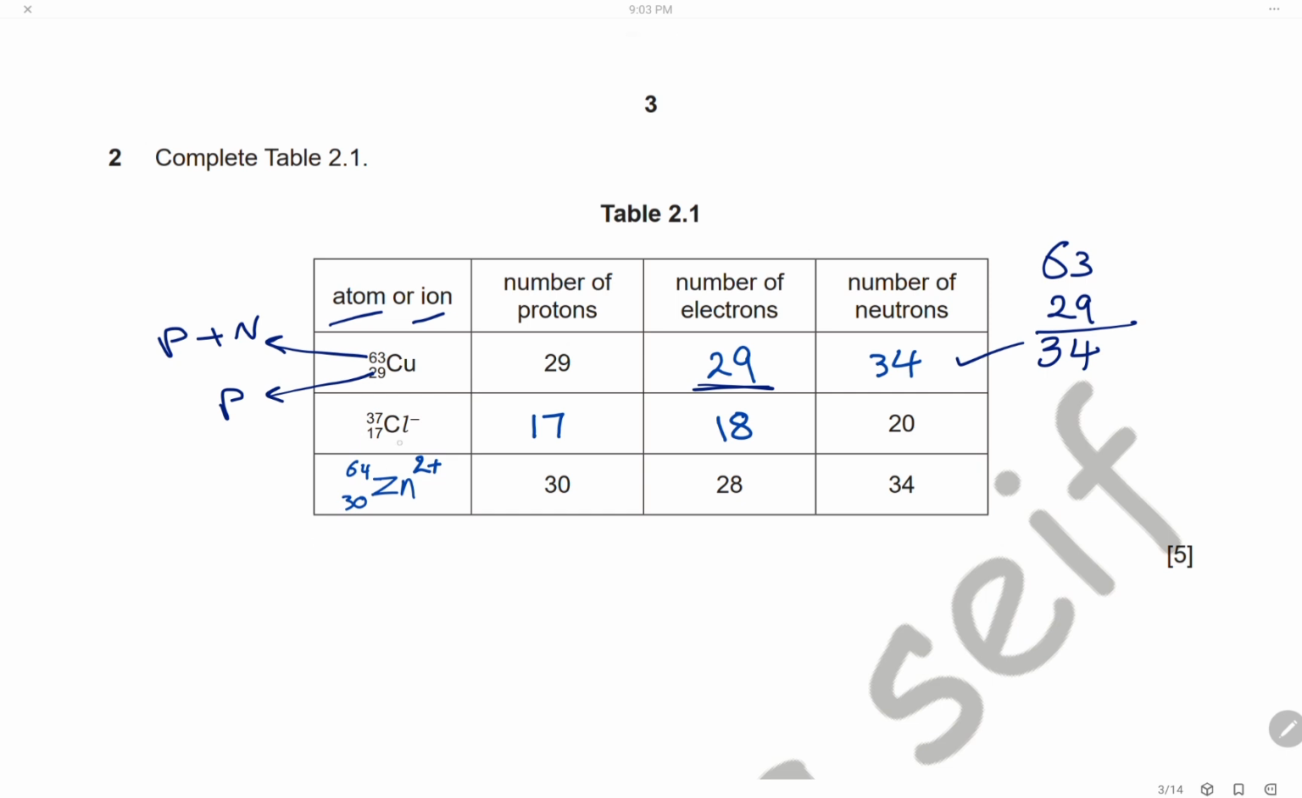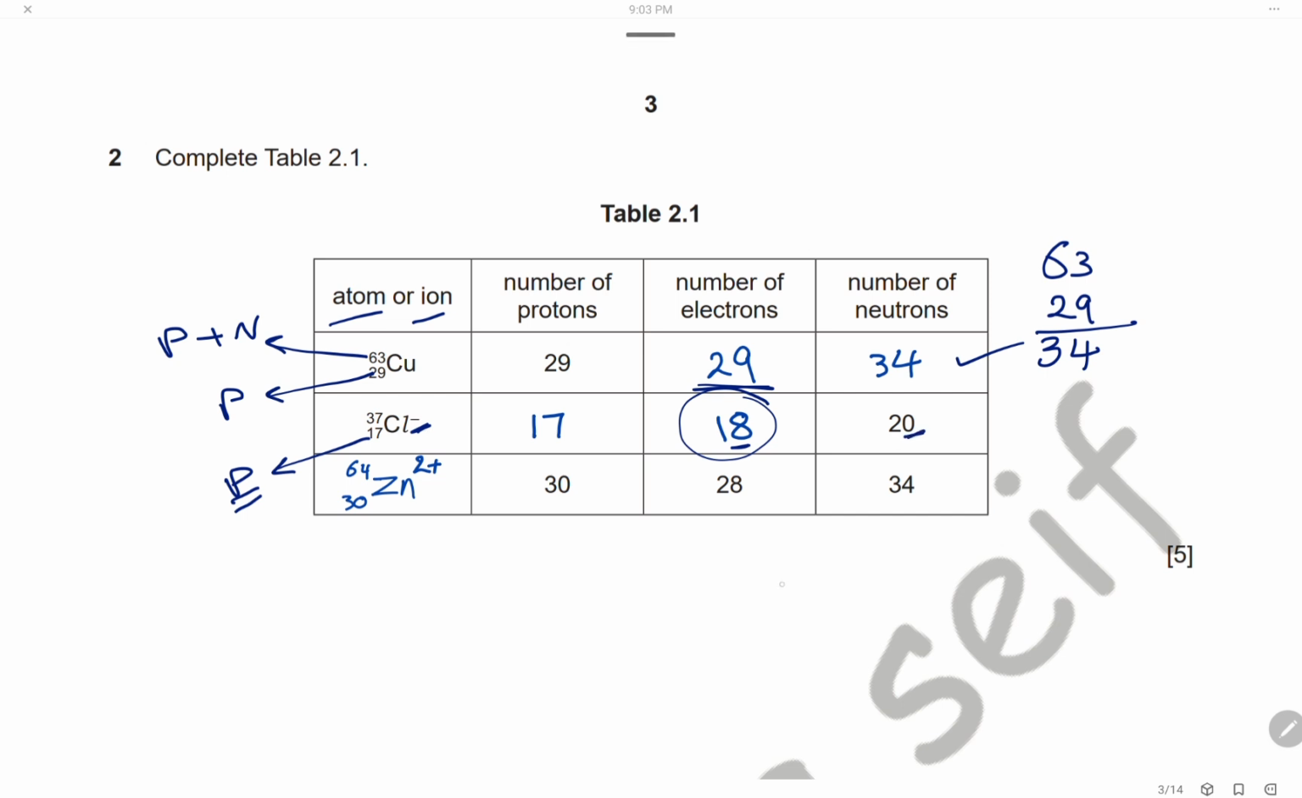The second one, chloride ion, it has 17 protons, and because it has one negative charge, so the number of protons will be less than the electron. We will have 18 electrons, one more electron than protons because we have one negative charge, and the number of